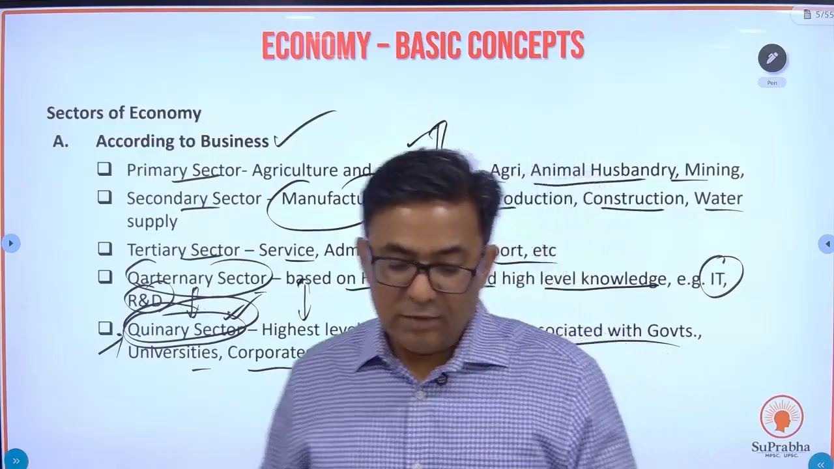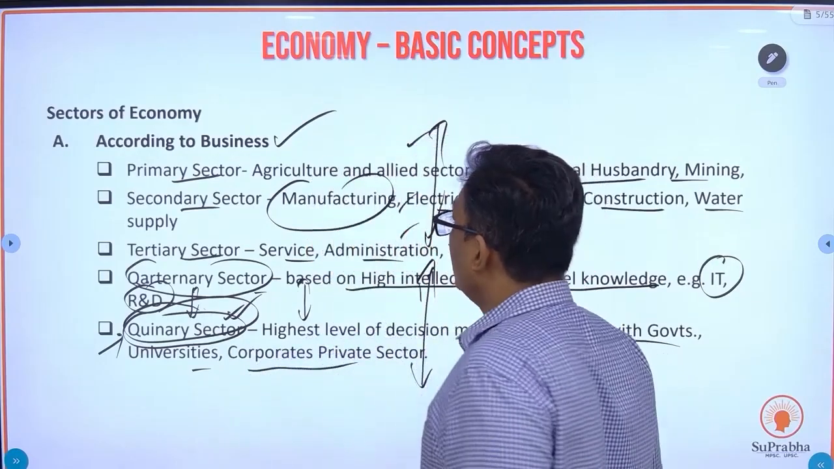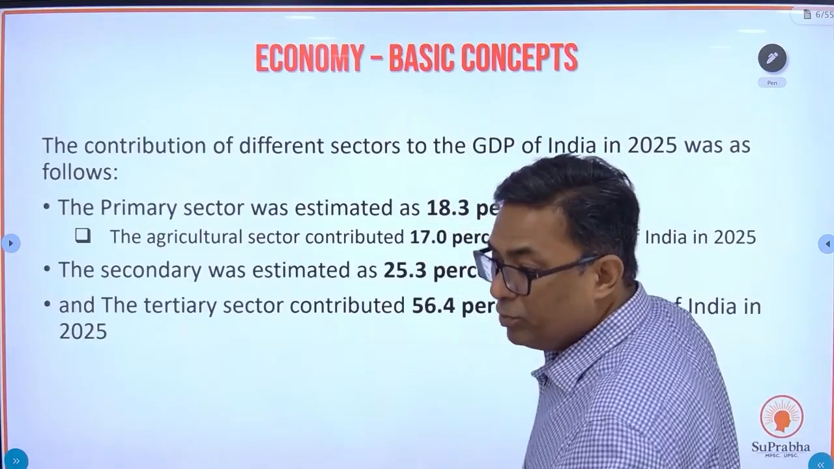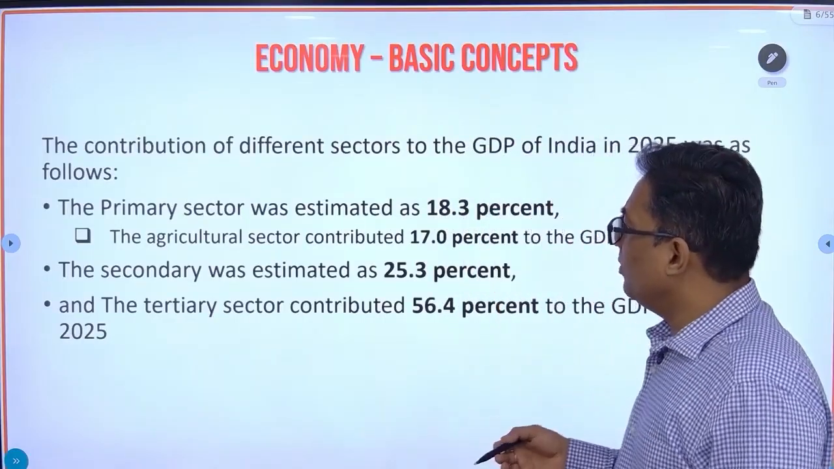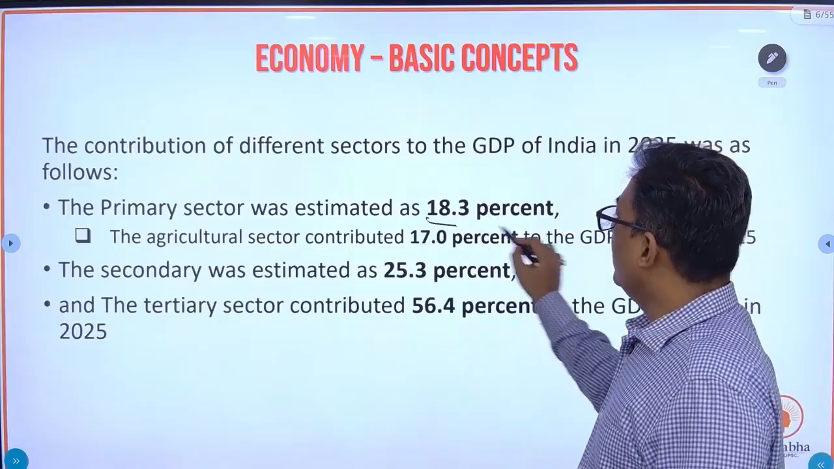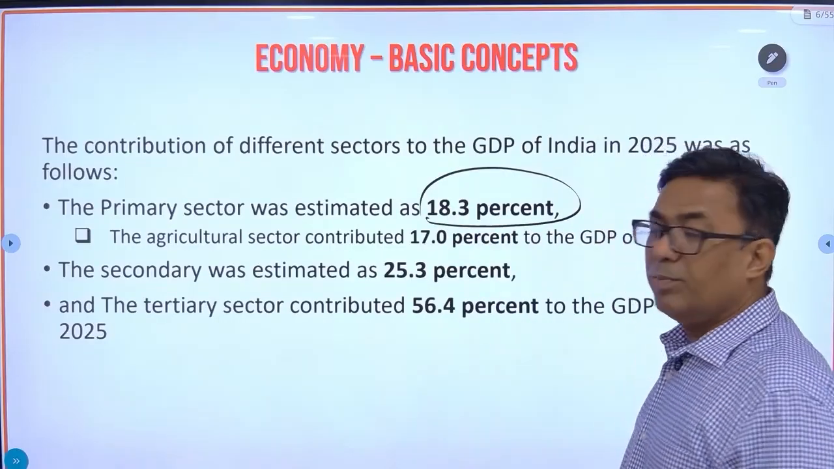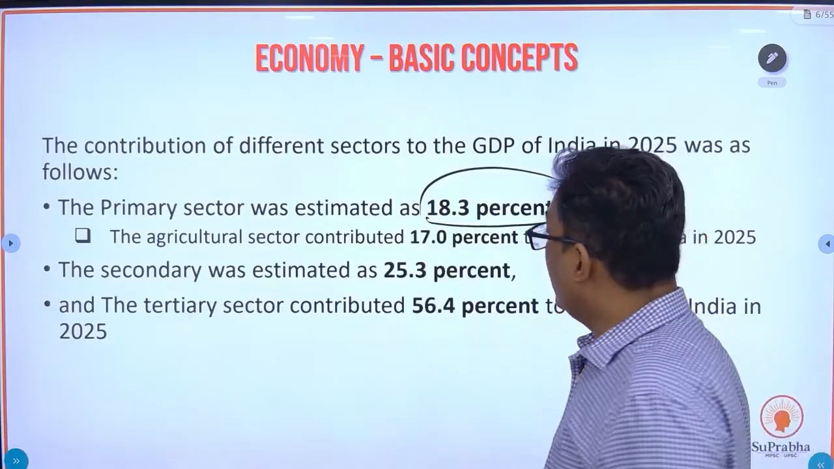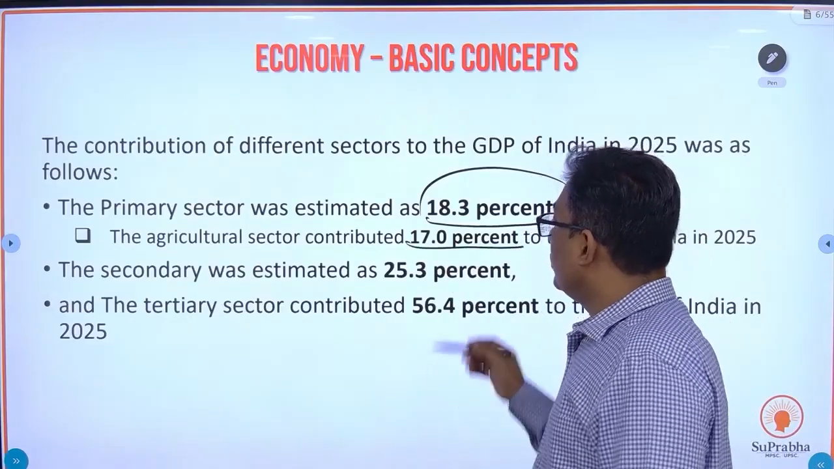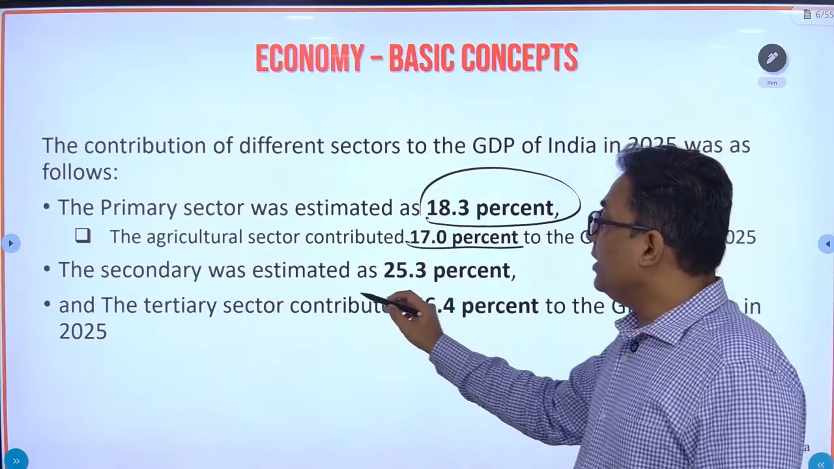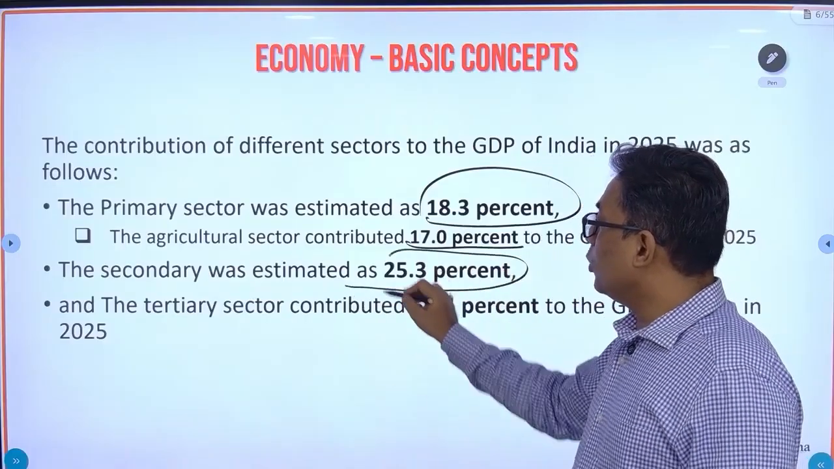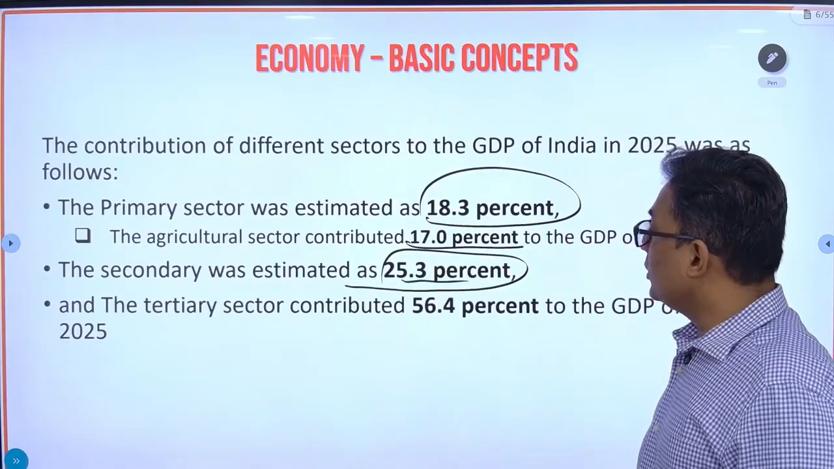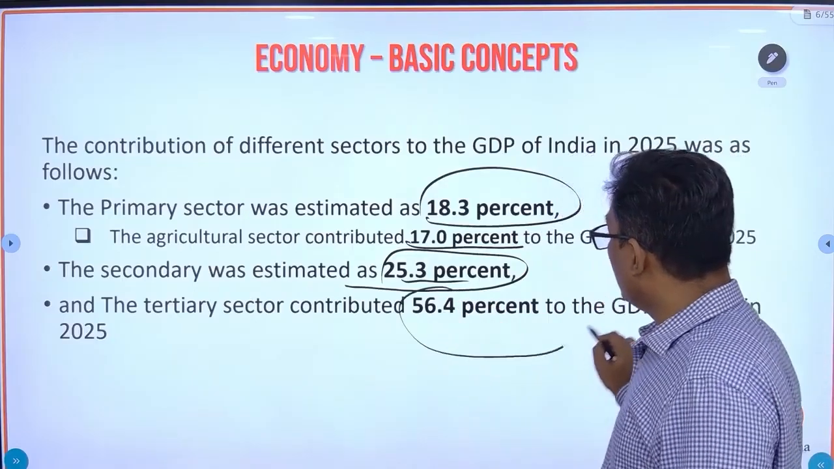So these are the different sectors based on business. Now we'll be doing this in detail, but just an example: the primary sector today contributes 18.3% of the national income, the GDP of the country. Out of this, agriculture itself contributes 17%. The secondary sector, the manufacturing sector, contributes 25.3%, and today the tertiary sector contributes the most,